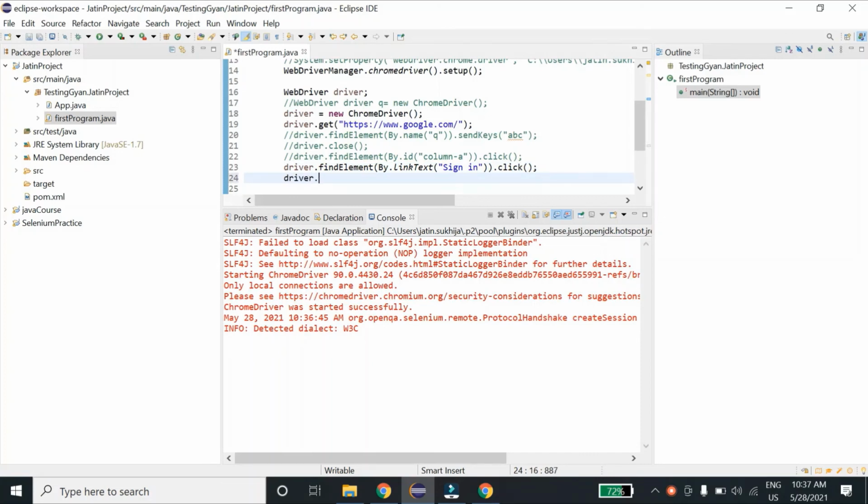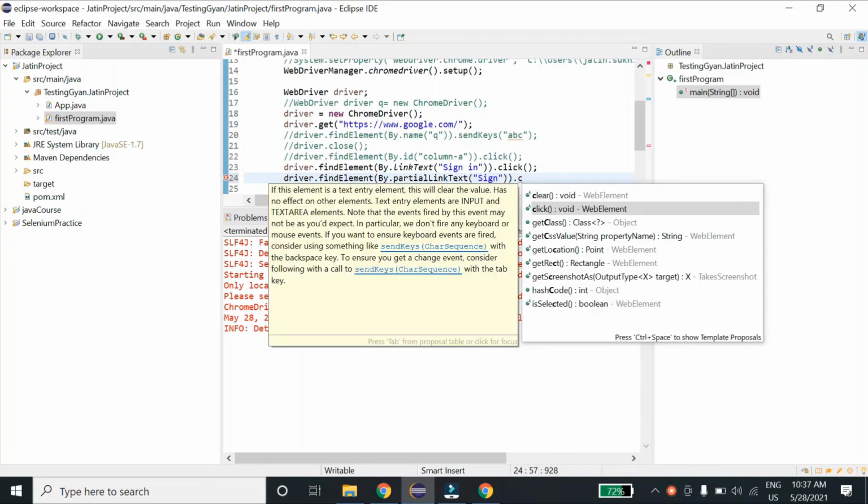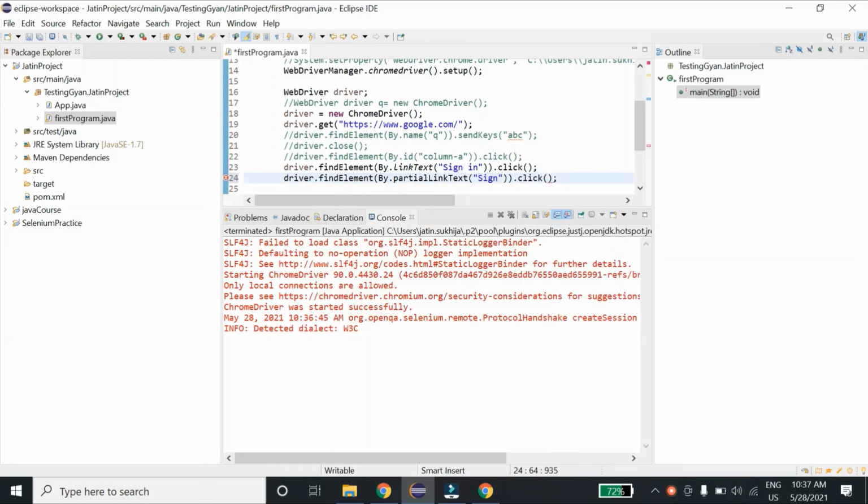So driver dot find element by dot partial link text, and here I'll just pass sign. I have to close this, and let me comment the above one.